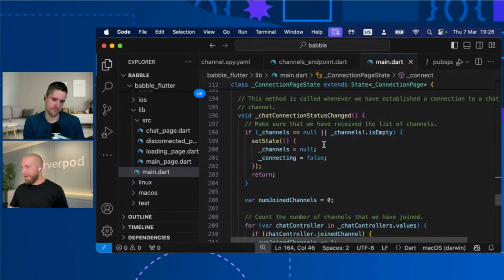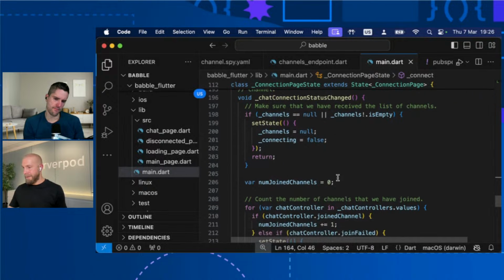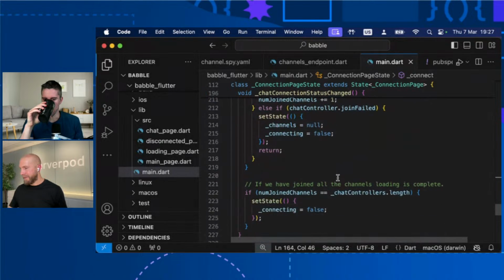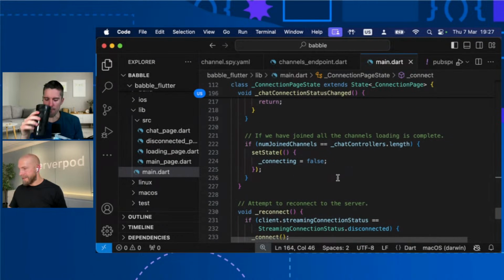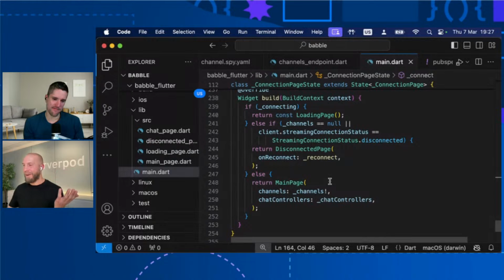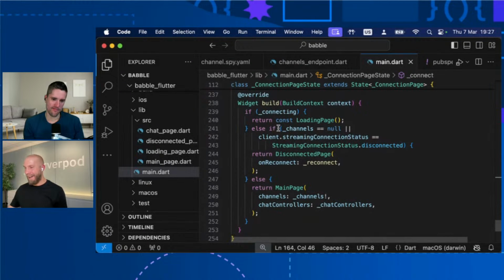If the connection changes, we can check it and basically reset the channels. I think this does. It was a while since I wrote this code, I'll be honest. No worries. But the most important part here is basically the build method, where we can check if